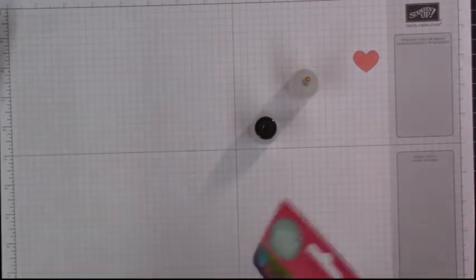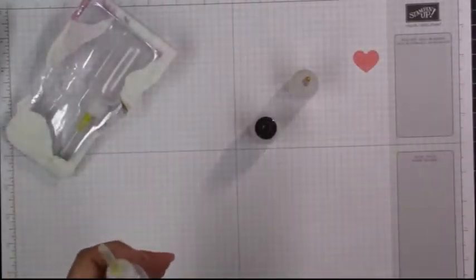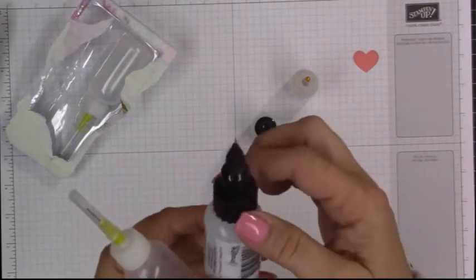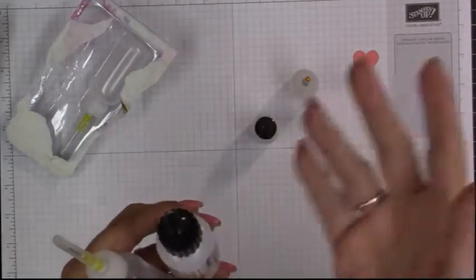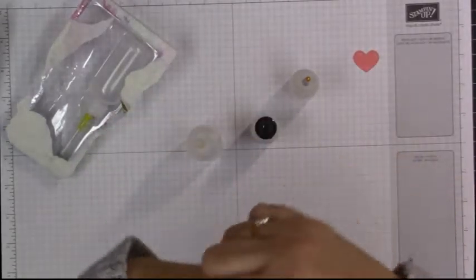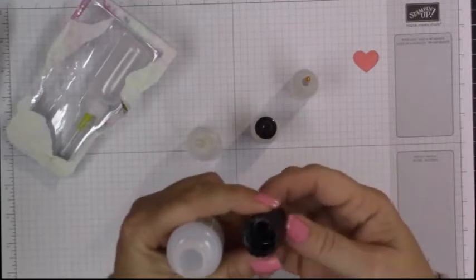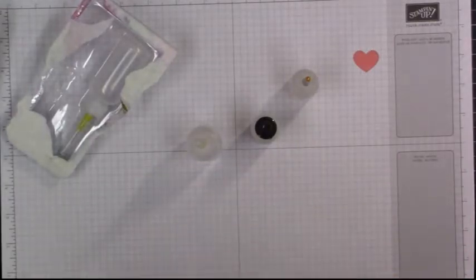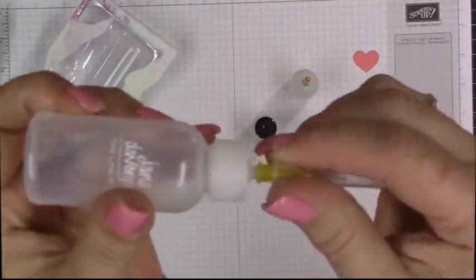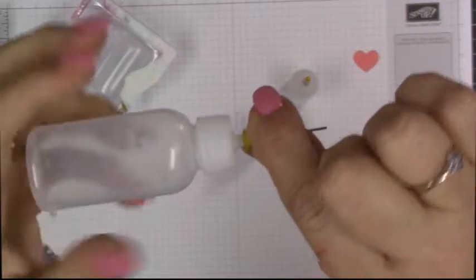And if you're not really careful, like, let me show you one here for a second, the top of them will get jammed up. This is one that I think came on this bottle of Irresistible Pico Embellisher, and I forgot to put the top on, and it got gummed up really quickly. But let me see if I can get this off. If you take these kind of things off, usually what you'll see inside, I took the other one apart, but inside these nozzles, this is what your top is. It's just a syringe. So this will come off, and this yellow part, if you look under your regular fine liners,